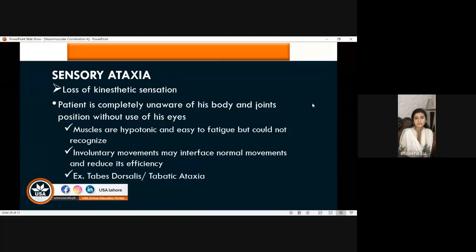One example is tabes dorsalis. This is also a kind of infection of the myelinated nerve fibers. This infection destroys the myelin sheath of the nerves, and the patient will not be able to sense. There is even a loss of bladder control, and there will be diminished reflexes. He will not be able to sit or stand, and all the movement will gradually be lost with the passage of time.